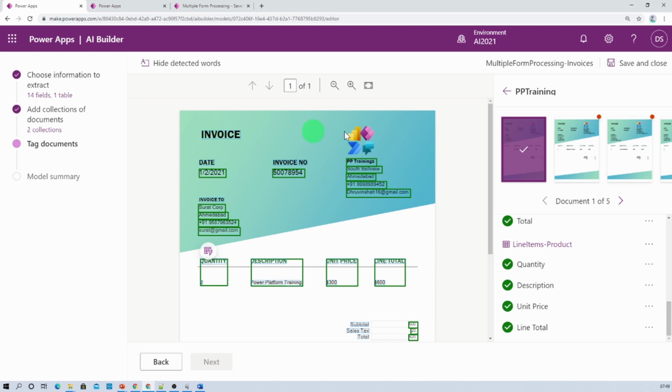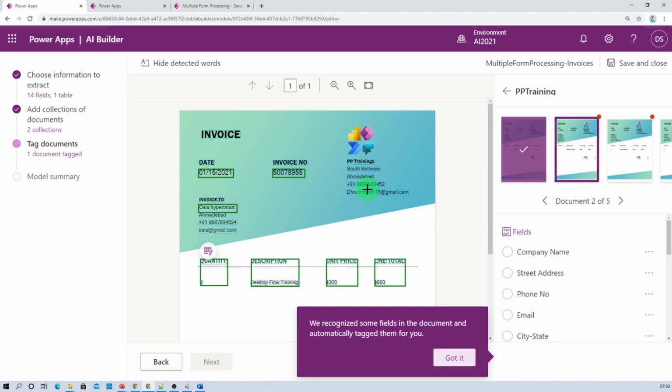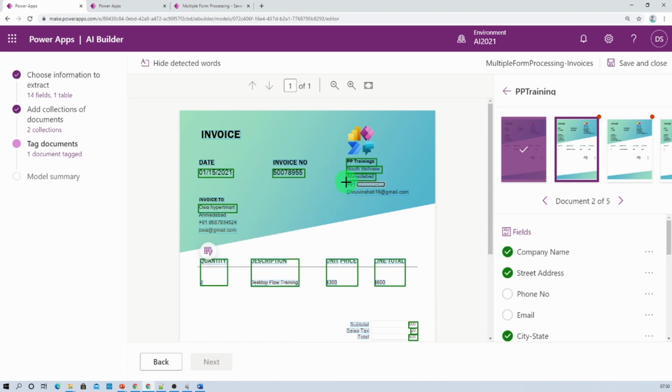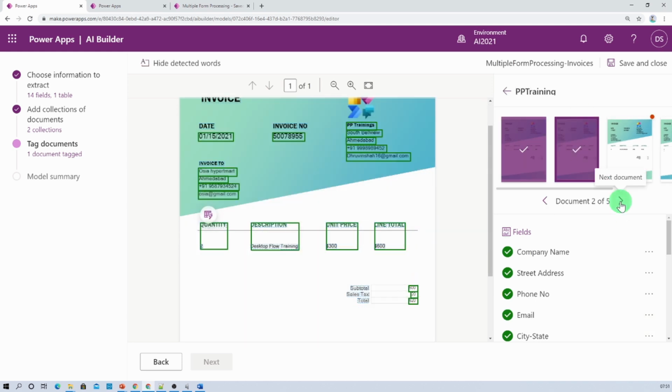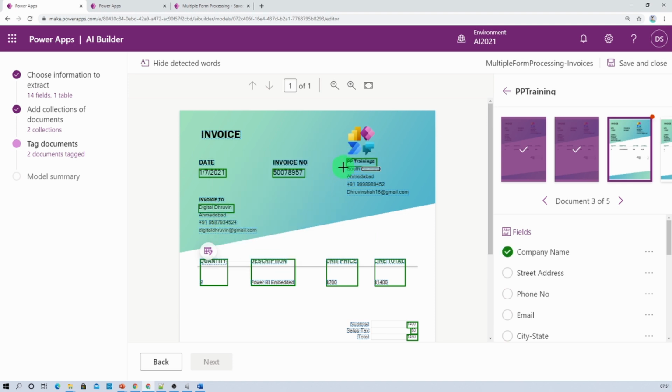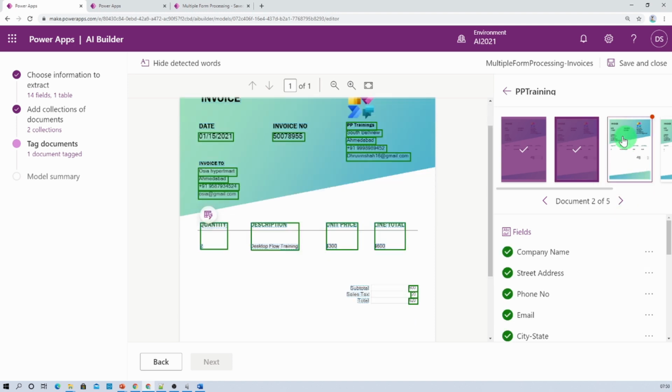Once all the fields from the form have been detected, it will mark that with a tick mark. Now we just need to move to the second document and tag it similar to the first form. And now let's perform the same procedure. Second document has been done.